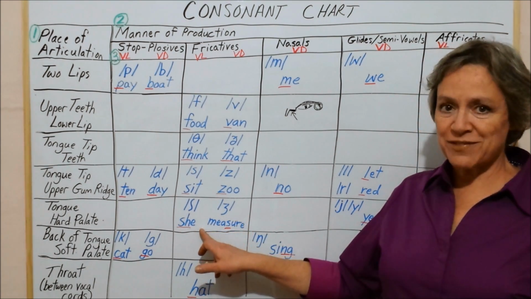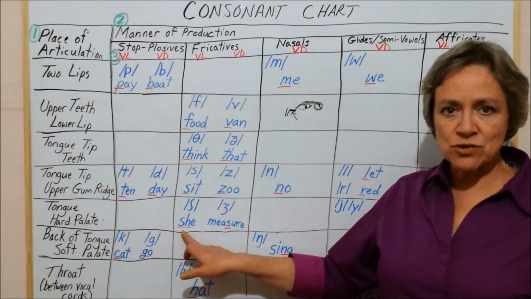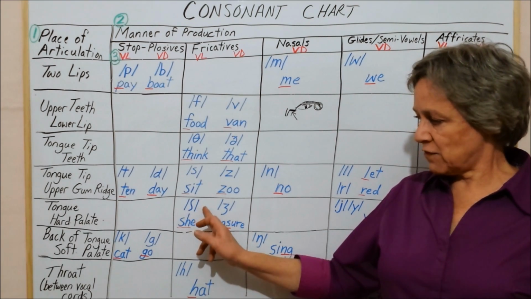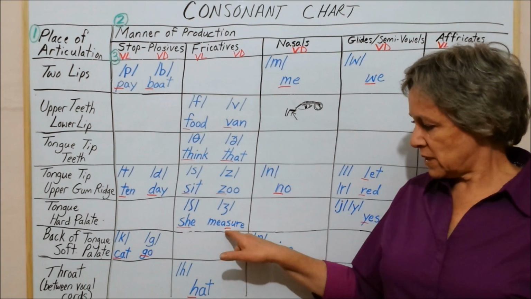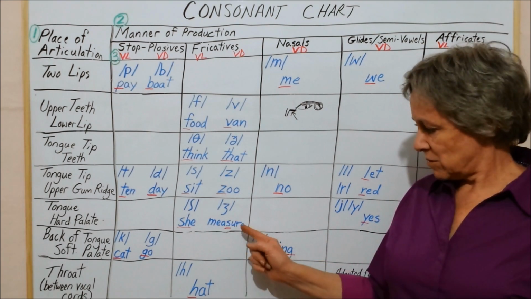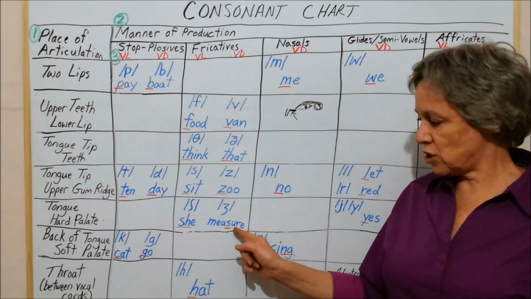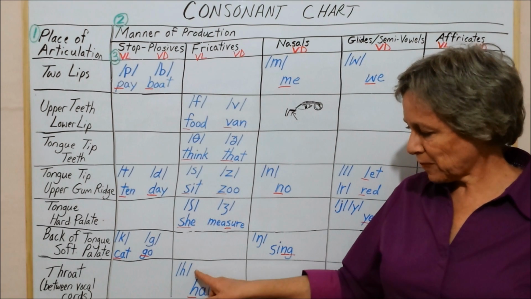Notice, I don't believe I mentioned this before, but I have underlined the letters that make the sound. For this sound, the letters are SH. For this one, the letter is S, followed here by a U. Zh. Okay? If we continue down this column, we have